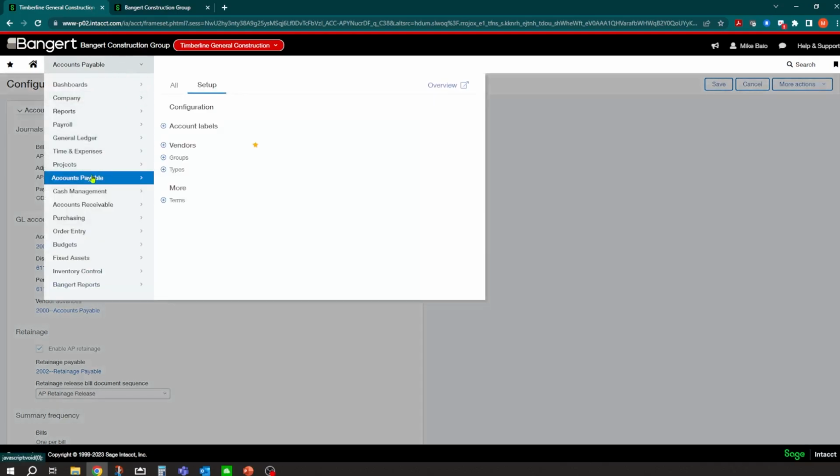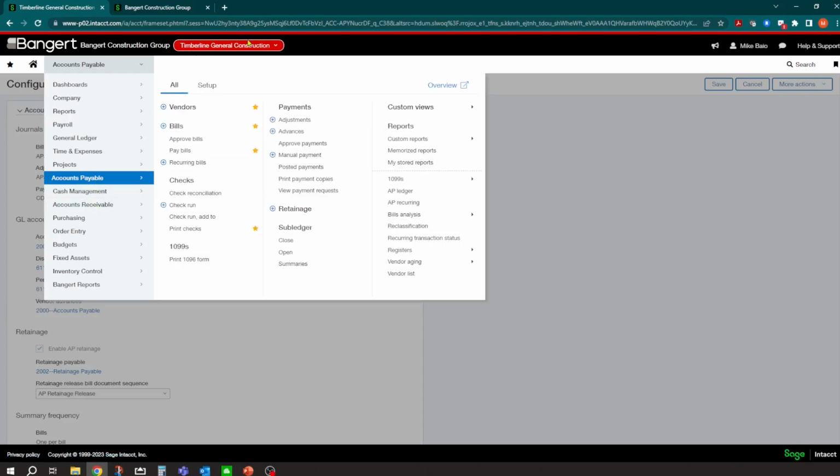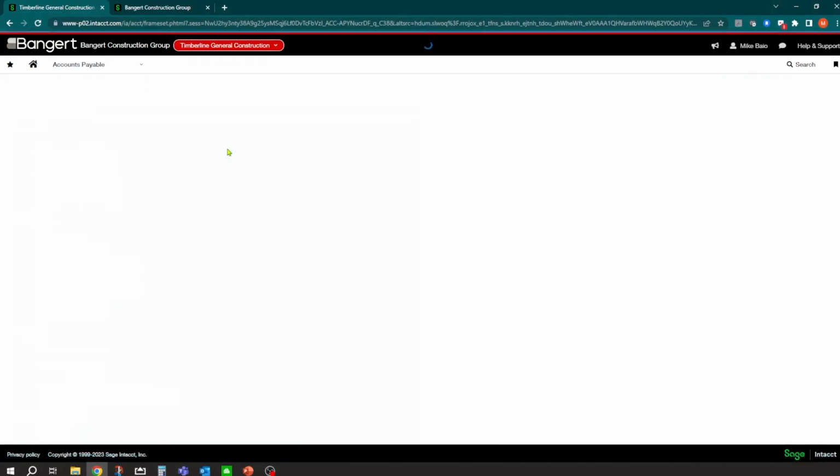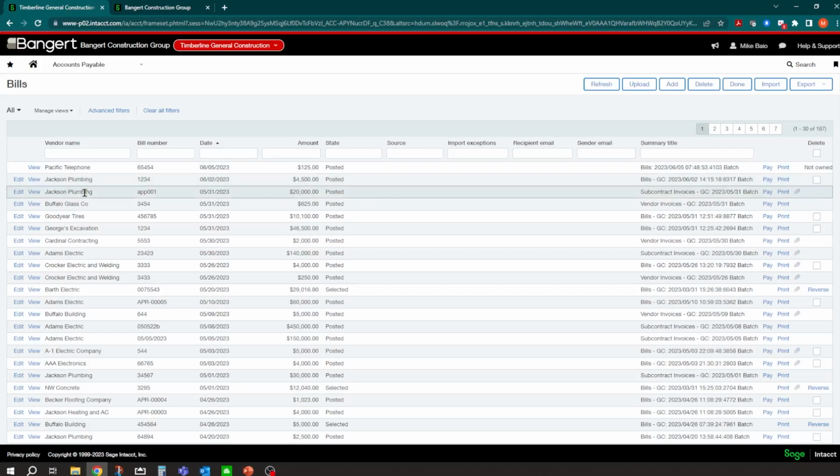So once I hit post on that subcontract converted invoice, it will show up now over in accounts payable. So if I do go over into my accounts payable bills, I should see that one we just did right here. If you see that for 20,000, subcontract invoice, print, post, there is a document on it.